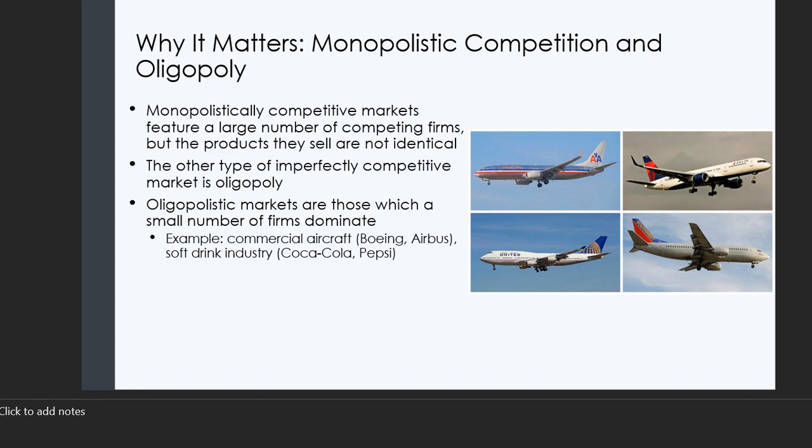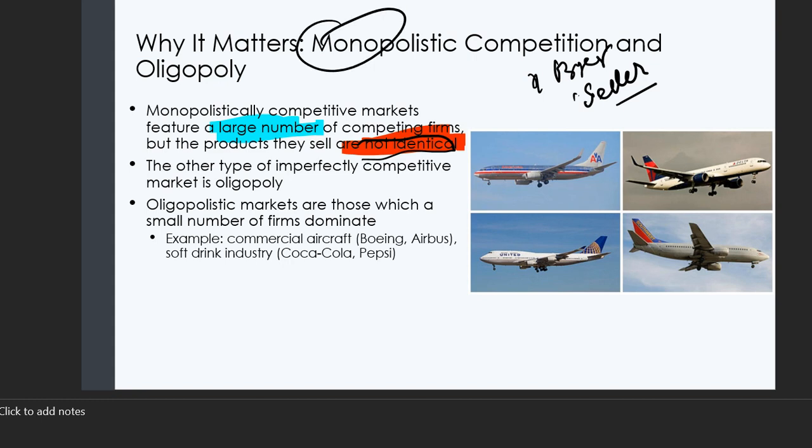Okay. So monopolistically competing market, what is it? First is that N is very high, a large number of buyers and a large number of sellers. But the products are not identical. This is very important, that non-identical products are there. But a large number of buyers and sellers will be there. So as a result, it is competitive but with product differentiation. So it's an assimilation of monopoly and a competitive market as well. It's an imperfect competition because there is not an infinite number of buyers and sellers, and someone has a little bit of power in the market, so that's why.